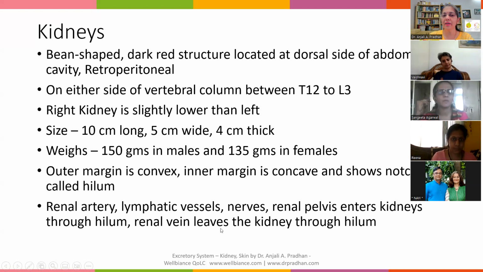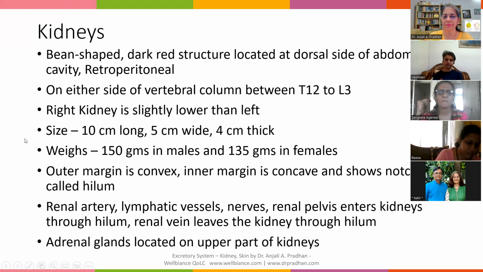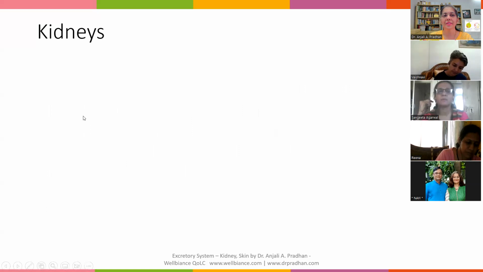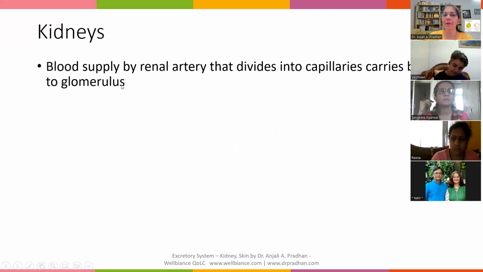Then renal artery, lymphatic vessel, nerves, and renal pelvis enter the kidneys through the hilum, and the renal vein leaves the kidney. Adrenal glands are located above. I have covered all points. Now, blood supply is by the renal artery, which is a